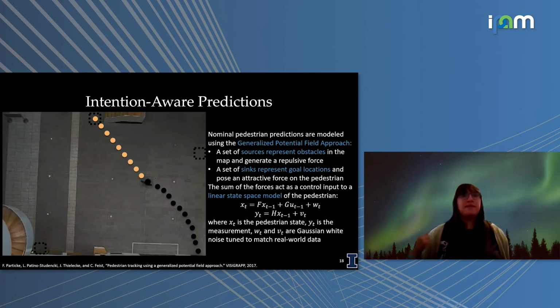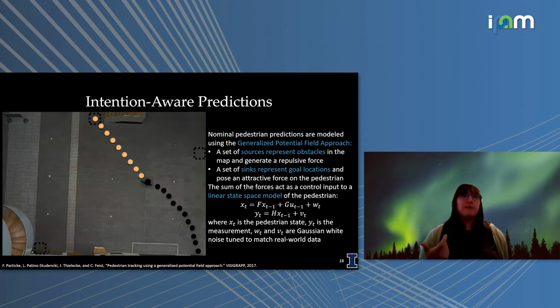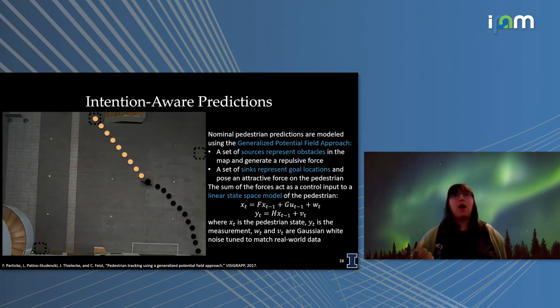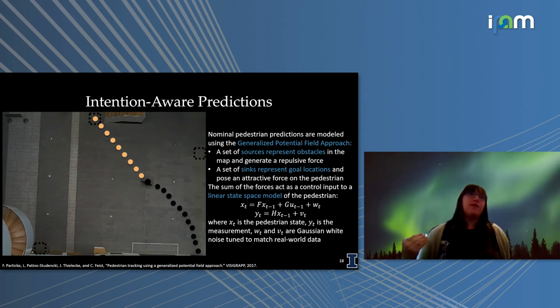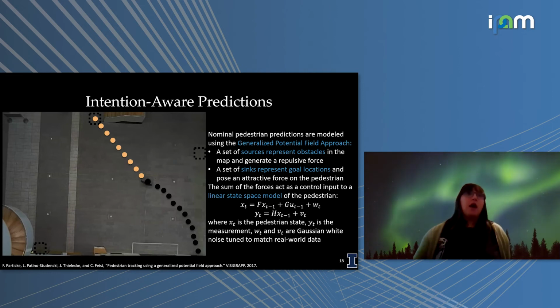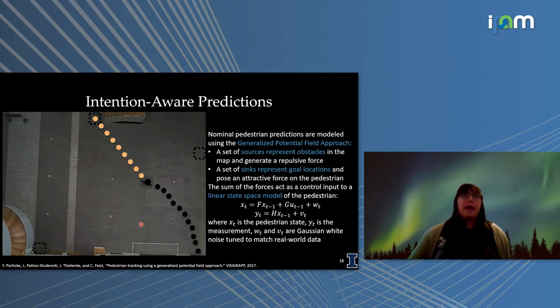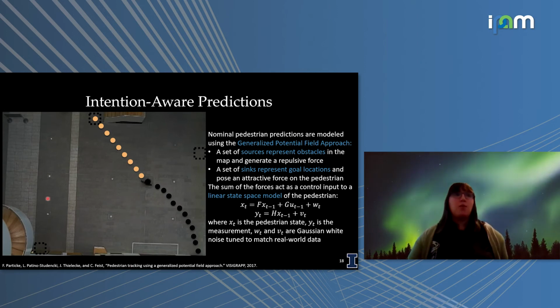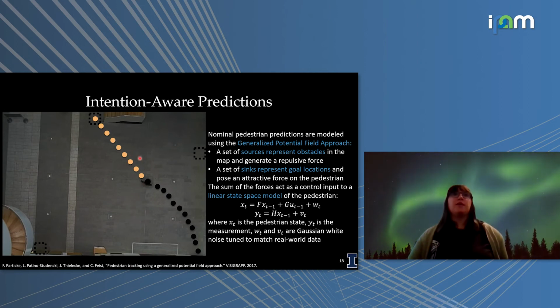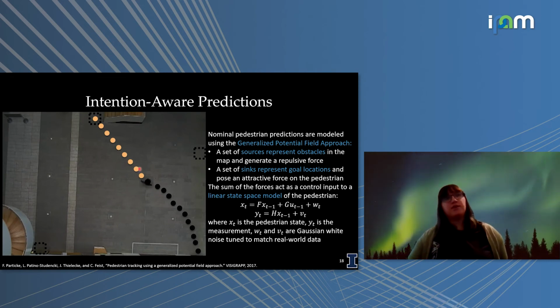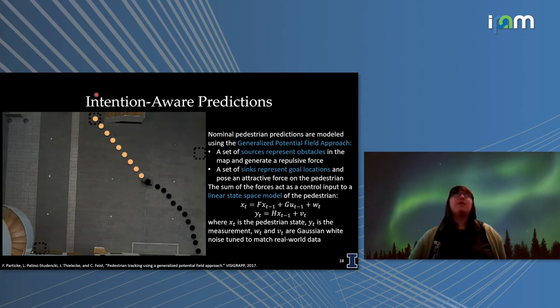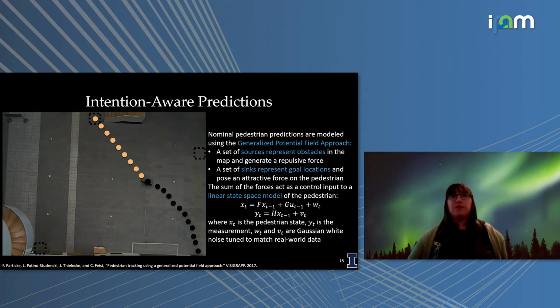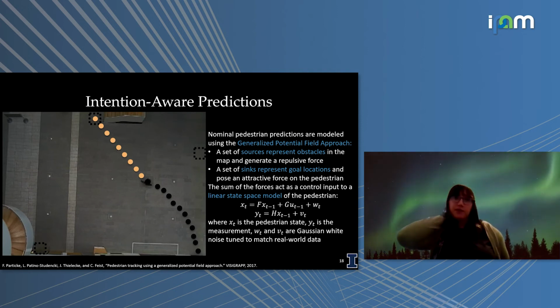And there's been a lot of work in trying to get this state space model to capture and mimic pedestrian behavior. But at the end of the day, this is going to give us a nice linear model here. Because in the examples that we'll look at, the environment is pretty sparse, this is going to give us a direct, straight line prediction to our goal position. But this can be extended to capture more interactions, and that's one of the nice things about the potential field approach.